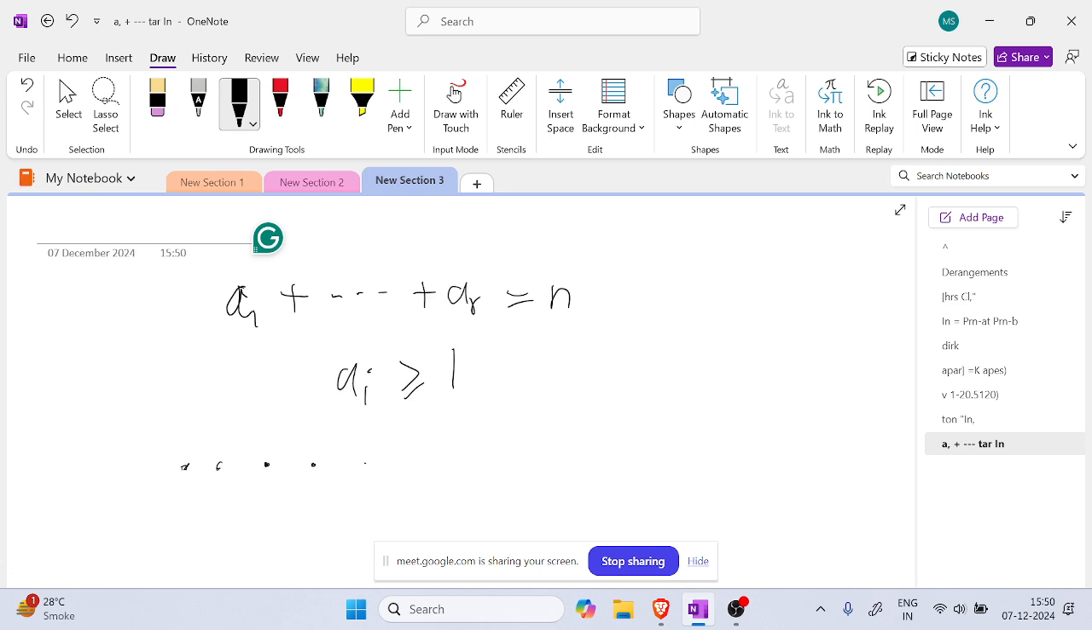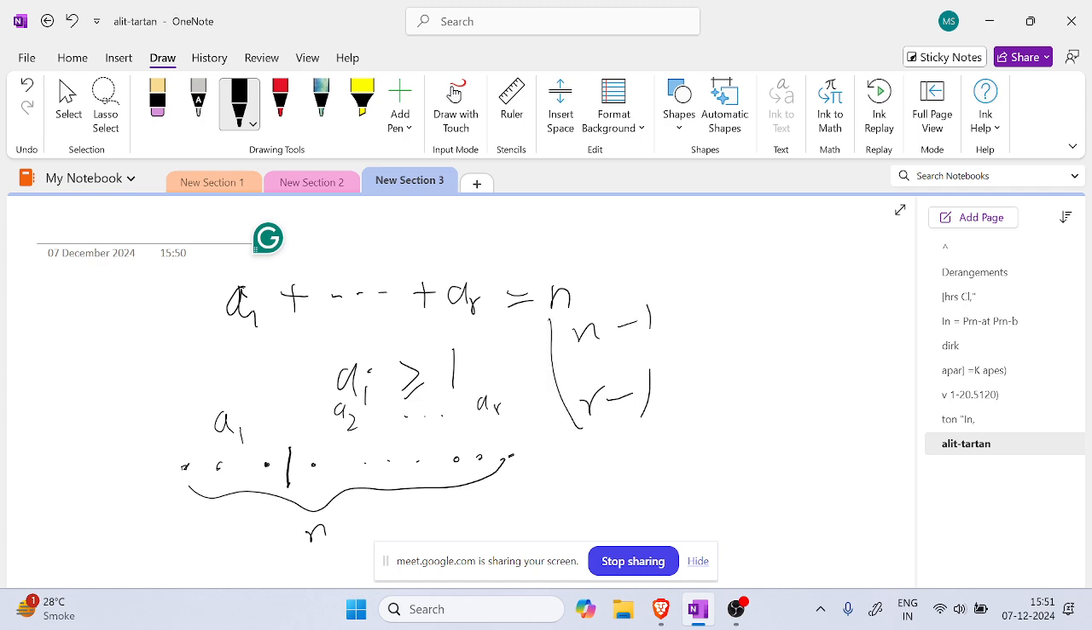N dots, and you need to arrange R sticks in between them such that no two sticks are at the same location. Basically you just need to insert r minus 1 sticks in between them in order to divide them into r parts, where this part has a1 dots, this part has a2 dots, and so on until this part has ar dots. So basically this is n minus 1 choose r minus 1, because you have n minus 1 slots